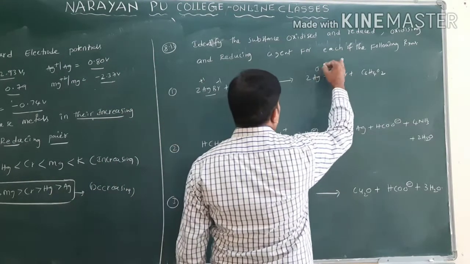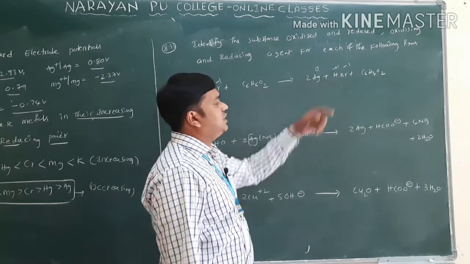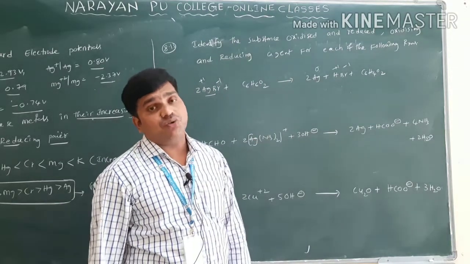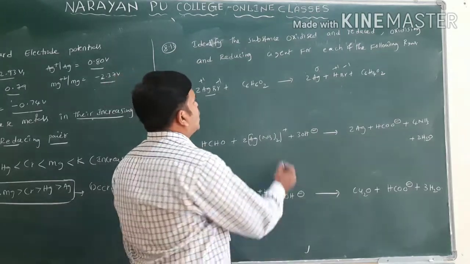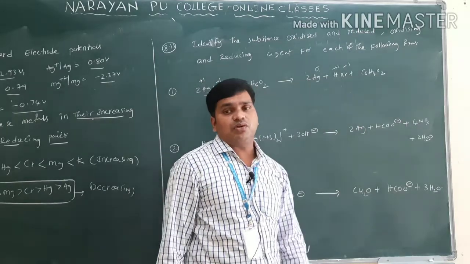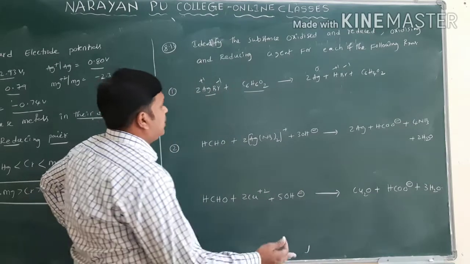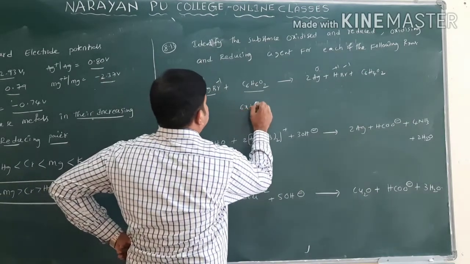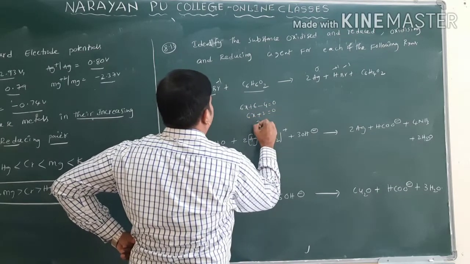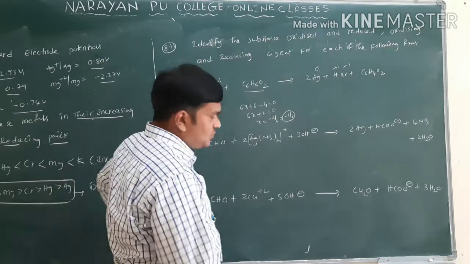Here hydrogen is plus 1 and Br is minus 1, so there is no change in the oxidation state of Br minus. Wherever hydrogens are there, they show a positive oxidation state, plus 1. Now we can find the carbon oxidation number in this compound and in the other one, applying the general method. 6x plus 6 minus 4 is equal to 0, so 6x plus 2 is equal to 0, x equal to minus 2 by 6, so minus 1 by 3.